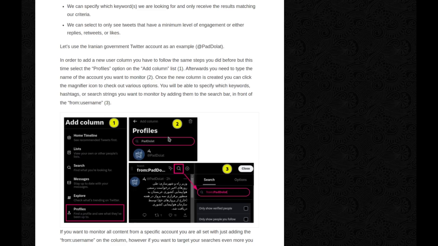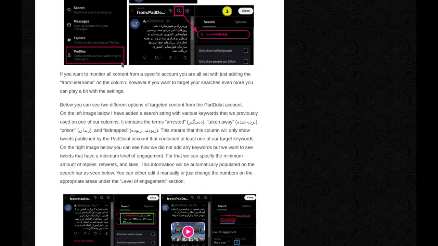Once a new column is created, you can click the magnifier icon to check out various options. You'll be able to specify which keywords, hashtags, or search strings you want to monitor by adding them to the search bar in front of the From username. If you want to monitor all content from a specific account, you're all set with just adding the From username on the column. However, if you want to target your searches even more, you can play a bit with the